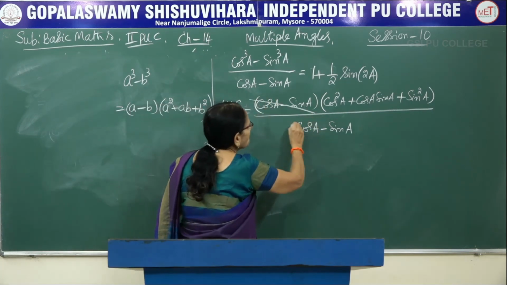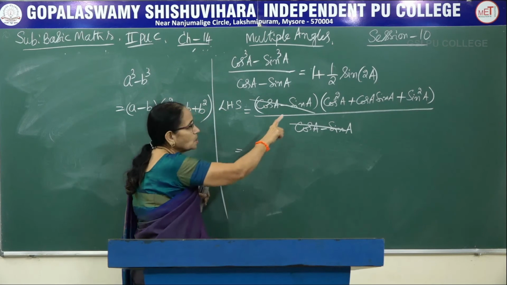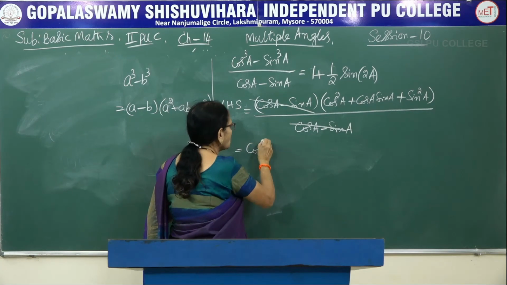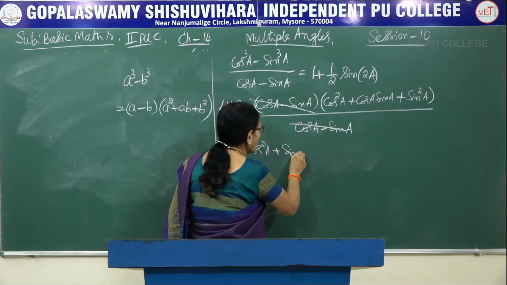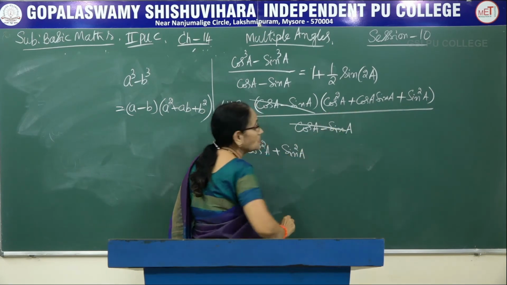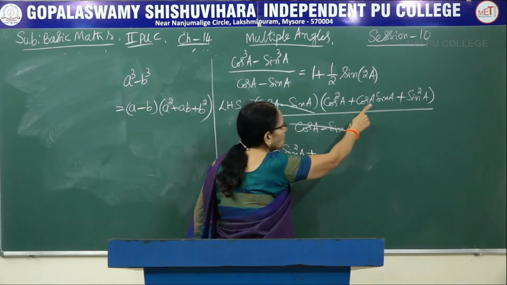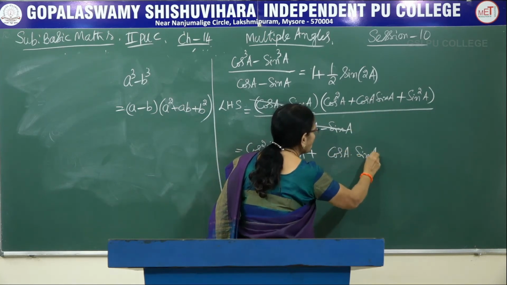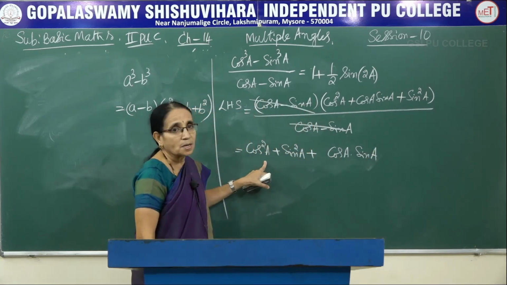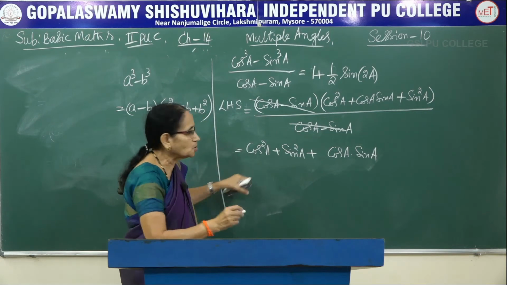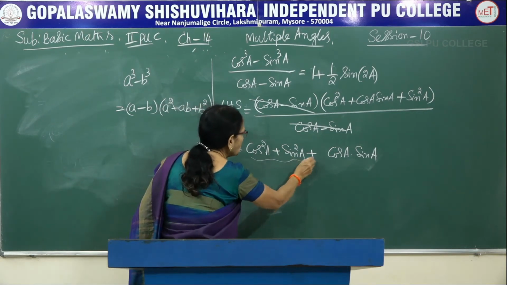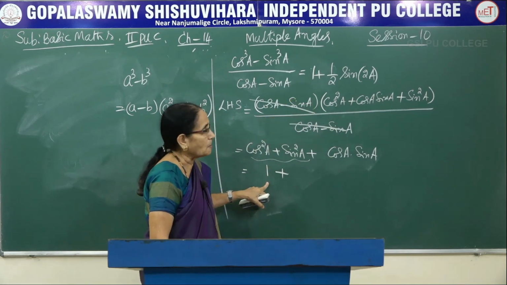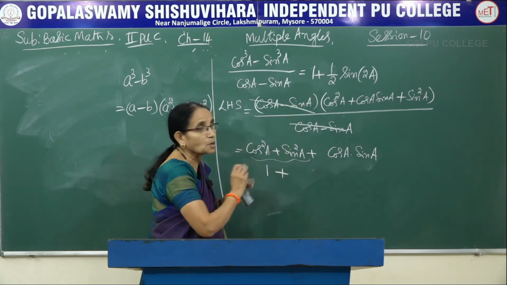Now clearly you see that you can cancel this. Now only one term is remaining in the numerator. Let me write them together. Write it as cos square A plus sin square A, that is the first and the last term I am writing together. The other one is cos A into sin A. Now we use the identity. You know that sin square theta plus cos square theta is 1. So for this one I can write 1. Look here, on the right hand side we needed 1, I got 1 here. So the second term I have to get somehow here.